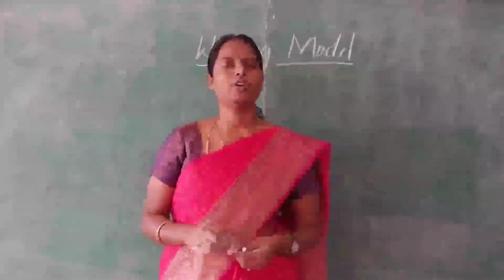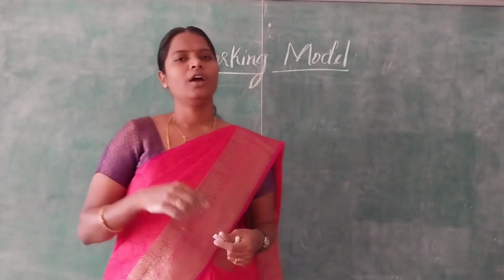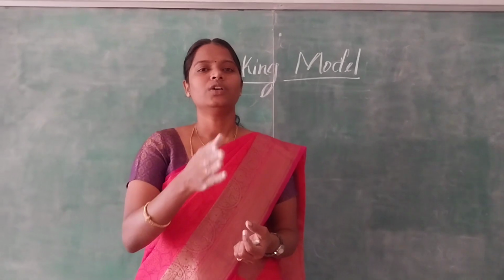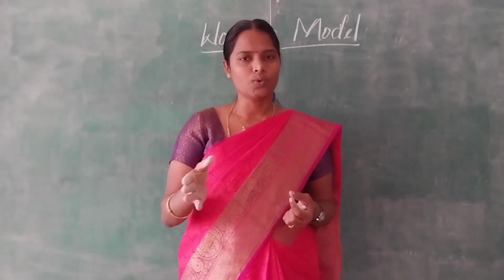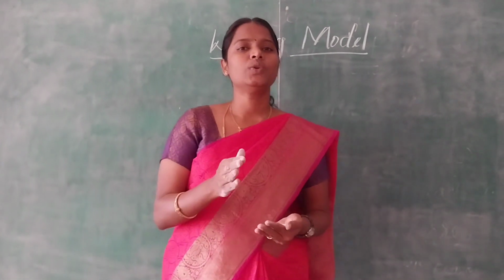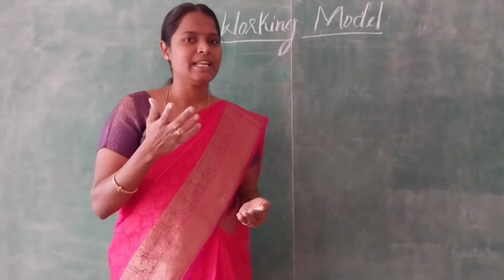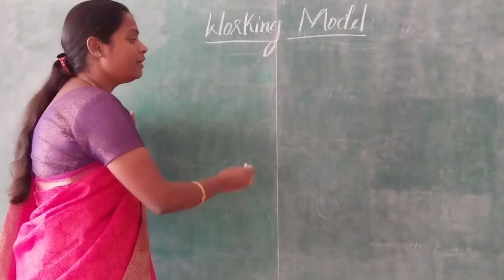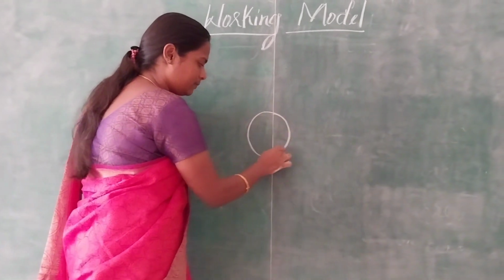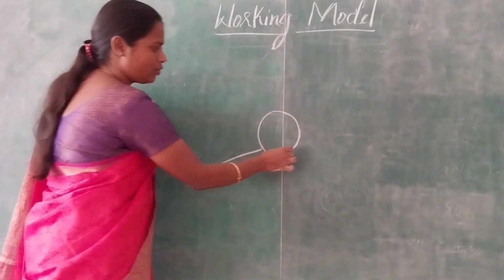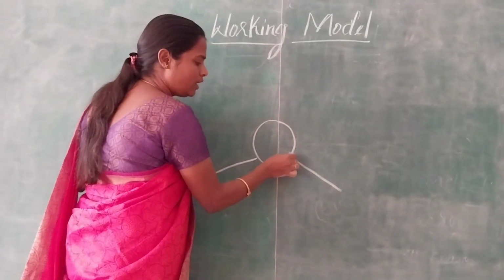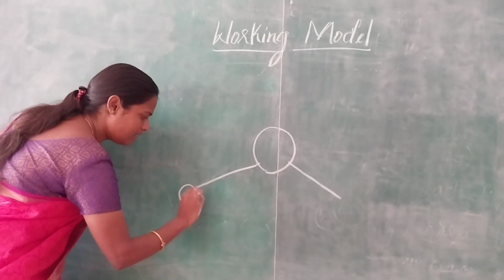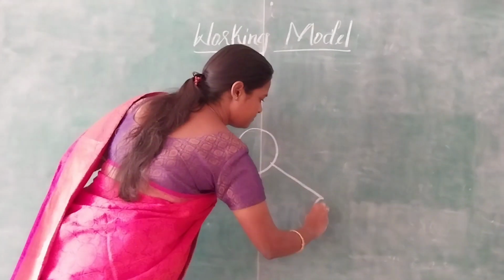For example, if you are dealing with the content molecule, you are repeating that a number of atoms join together and form a molecule. So you are repeating this concept more than 1000 times. It is waste. The students can understand by seeing, not by hearing. Instead of hearing, by seeing they can easily understand. To that aspect, we can make use of a ball and the stick we have to attach here. We can put a hole here and we can insert a stick here, and in this place we can again add 2 balls.